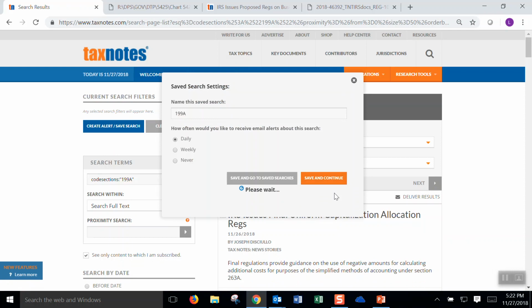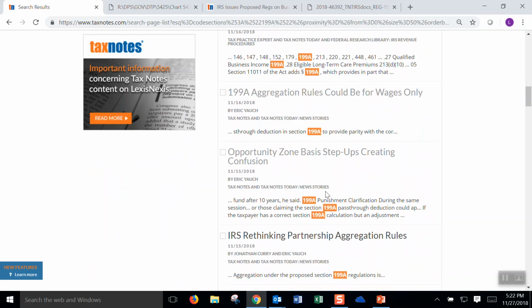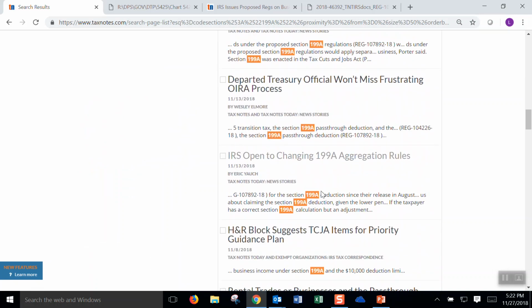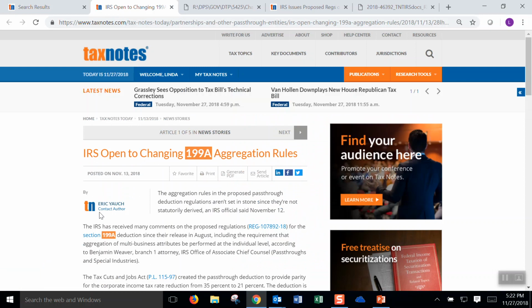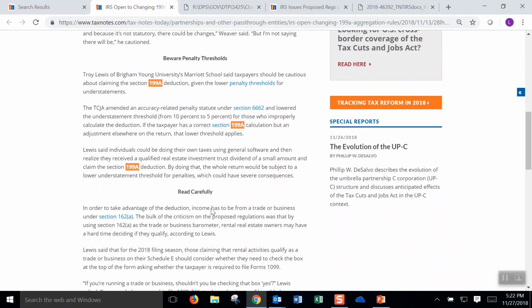So let me show you a little bit about the editorial work that goes on behind the scenes to support this code section based search. Let's go ahead and open up one of our news articles. So here's an article written by one of our legal reporters. All our legal reporters have their JDs, and Eric, like several other of our legal reporters, has his LLM in tax as well. So he's been tracking this 199 Cap AB, and he wrote up this story, turned it in.